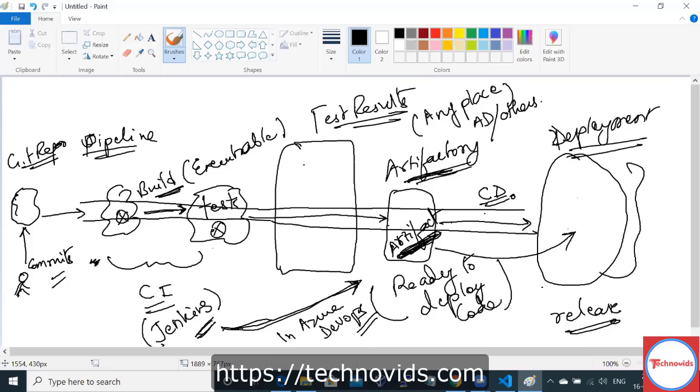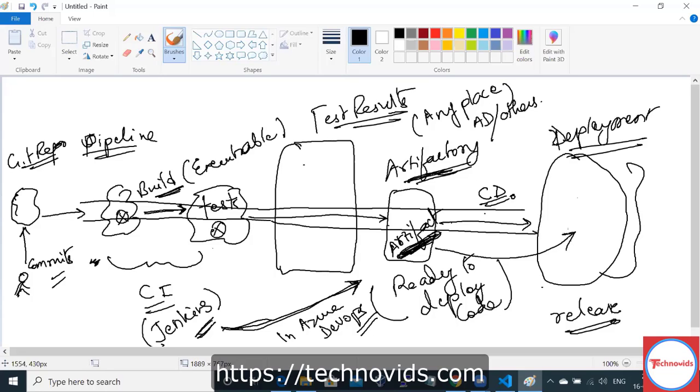There is a very thin line between artifact and release. Artifact is the ready to deploy code. Release is the ready to deploy feature in production. You can think of the Windows releases, you can think of the patch releases.